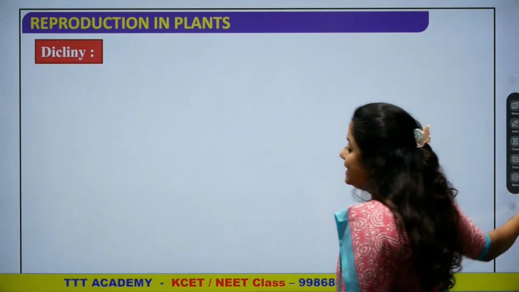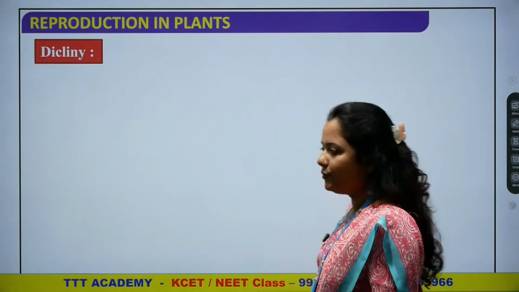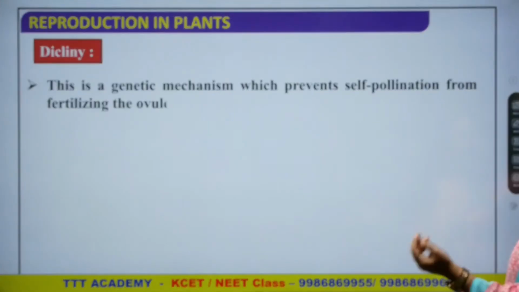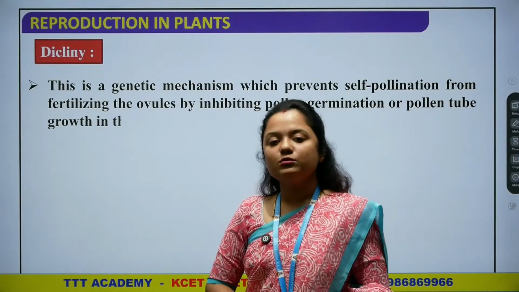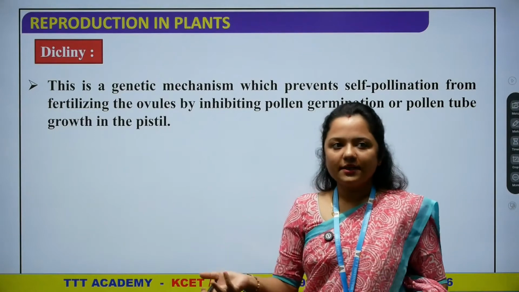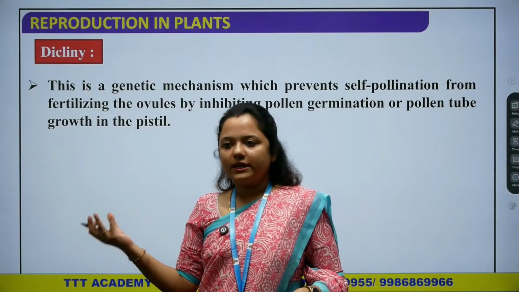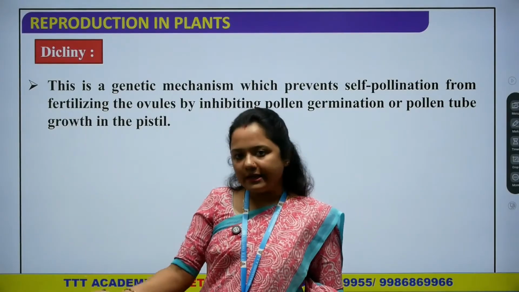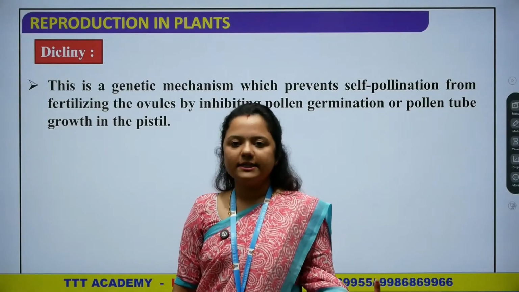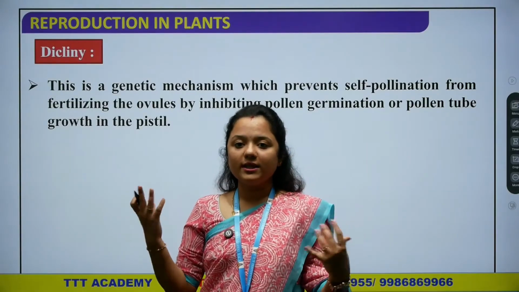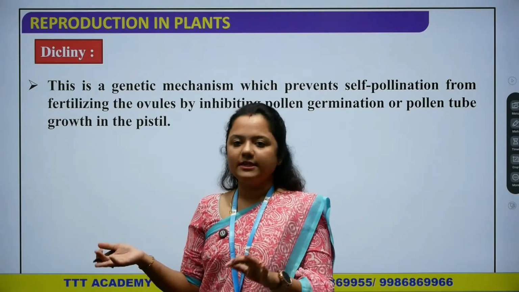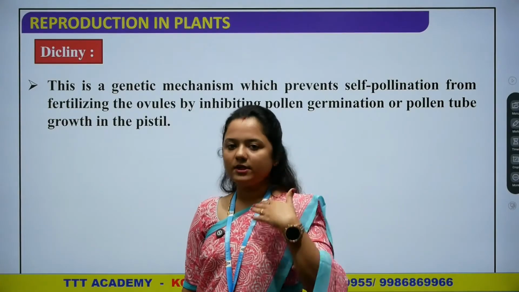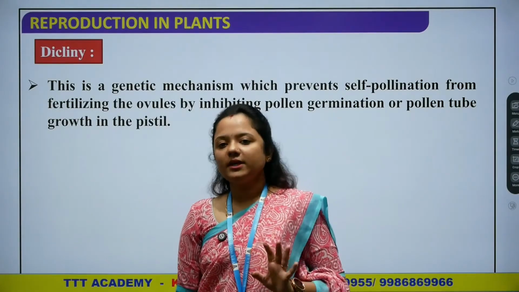Now what is dicliny? Dicliny is again respective to the genetic mechanism. From that time we were saying that in dichogamy, when the male gametophyte is ready to accept, the other gametophyte is not ready. This does not depend on the plant itself to decide. It is based on its genetics, its genes. It does not have any brain, correct? It is all based on genetic mechanisms.